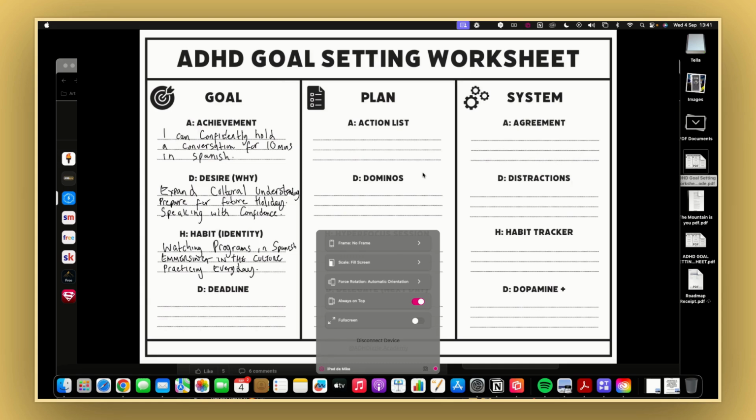So you have to set a deadline for this, and a lot of people miss this part, especially if we've got ADHD. We just kind of feel like, you know, someday I'll do that, or one day I'm going to get that out of the way. Look, you need a deadline. We don't want to be sitting on this for too long.